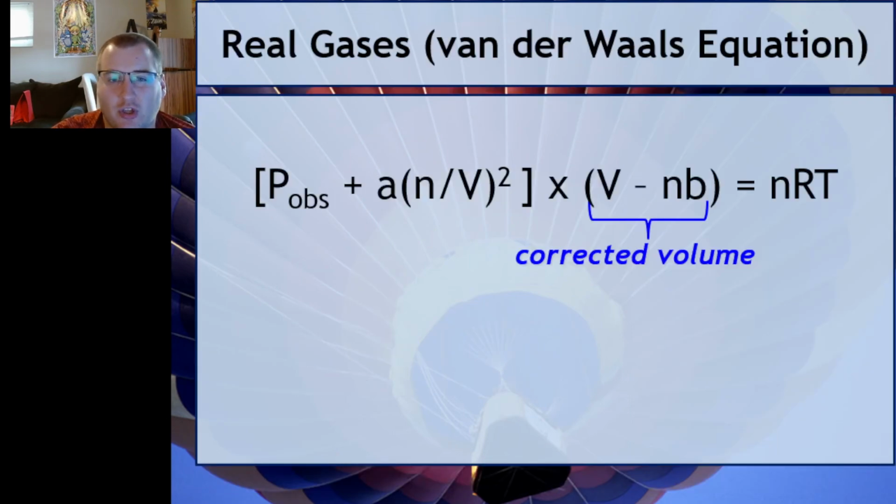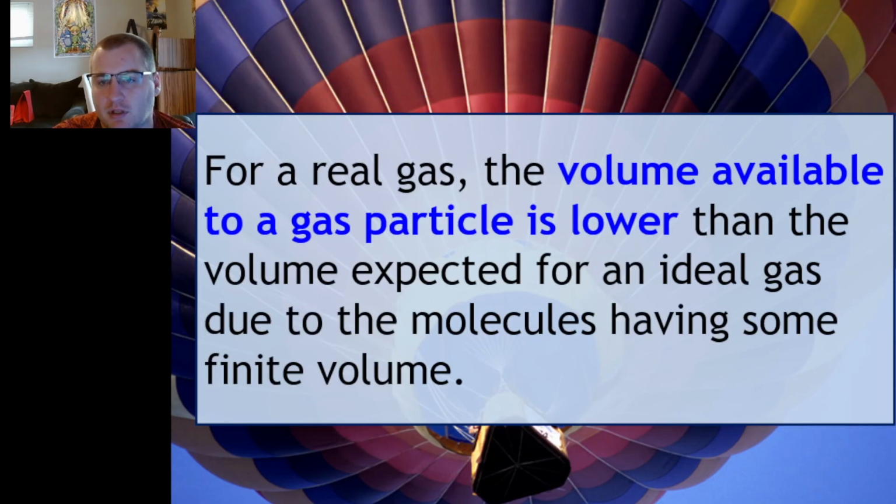Here's the corrected volume. This is the second part of being an ideal gas, which is having no volume. So this minus nb part takes out the volume of your individual molecules. What you should know, though, is that for a real gas, the volume available to a gas particle is lower. Think about if you have a 1 liter container and you fill it with a bunch of gas. Well, the container itself is 1 liter, yes, but the collective gas molecules take up some amount of space by themselves. If they were ideal, they would actually take up 0 space, and they would have 1